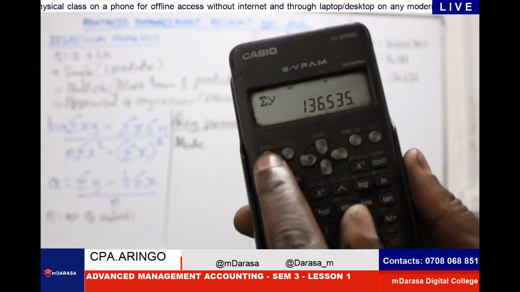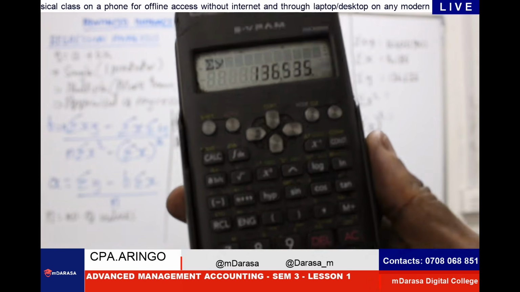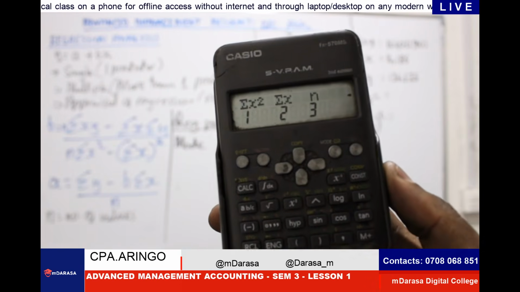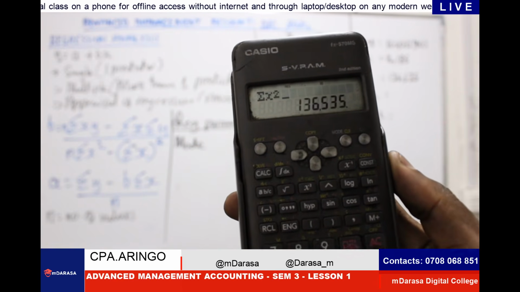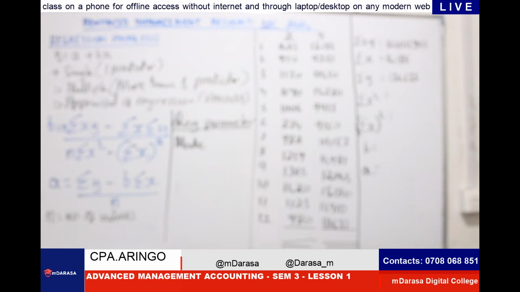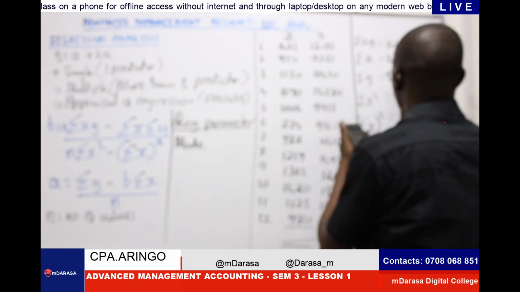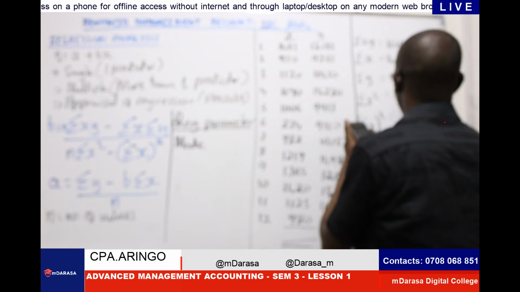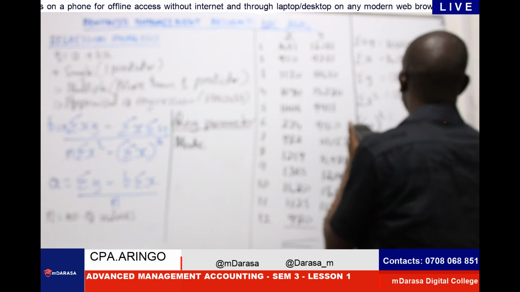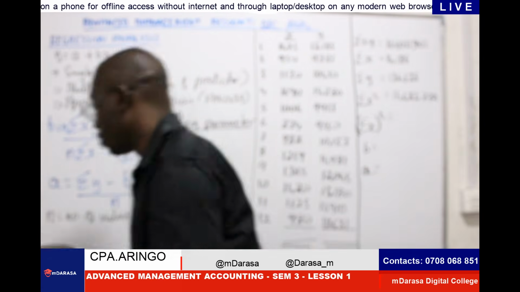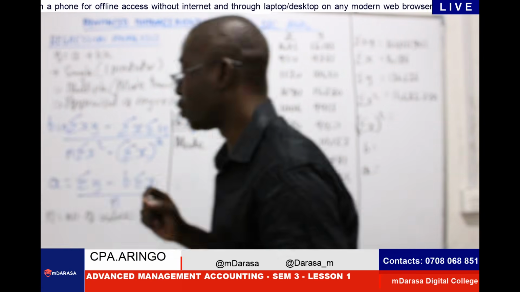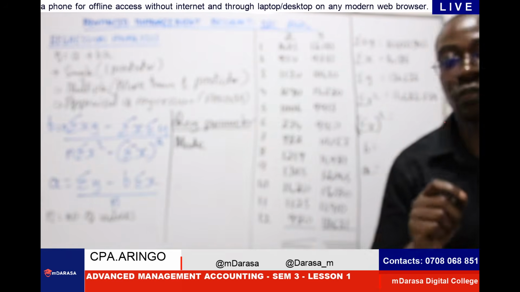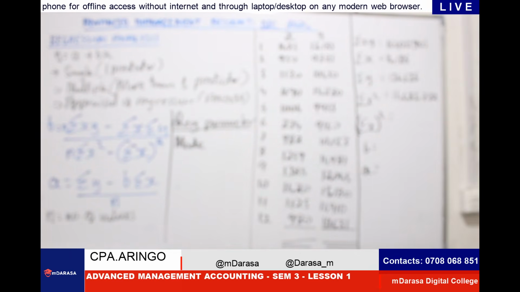So I click shift again, I click 1, I check summation of x squared, which is 1. So I click 1, equal sign, which we are having a value of 17,483,772. Make sure that you are indicating your value so that what you want to kill here is avoidance of doubt. So that in this case, this person should not doubt you that you copy pasted, or maybe you just looked at your neighbor. Summation of x squared.